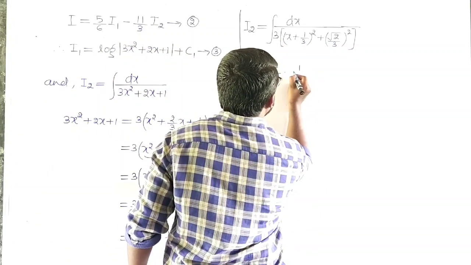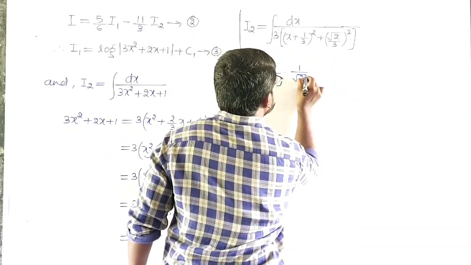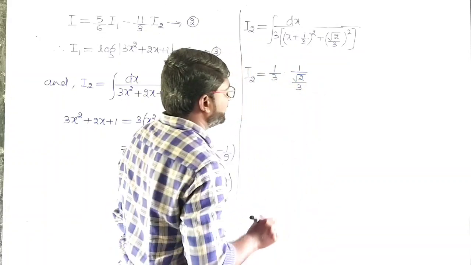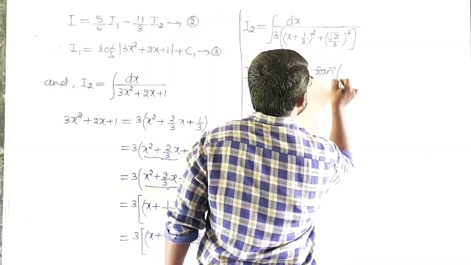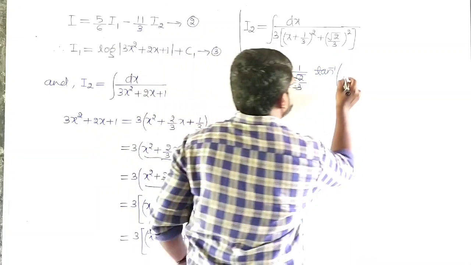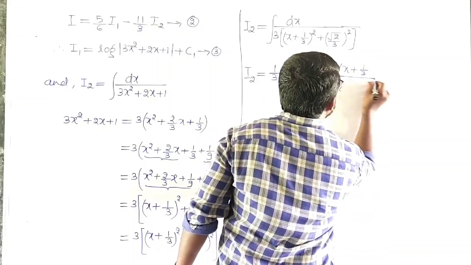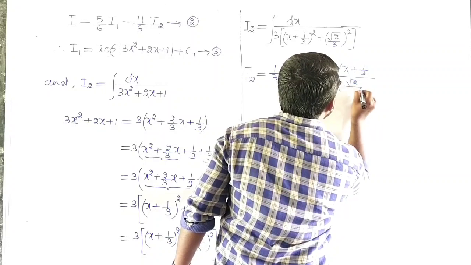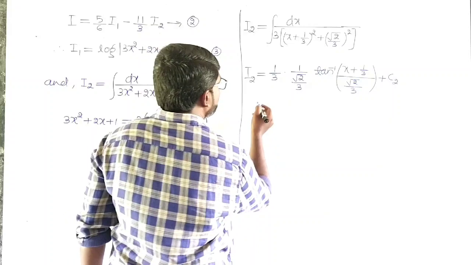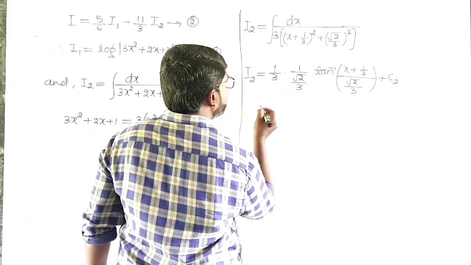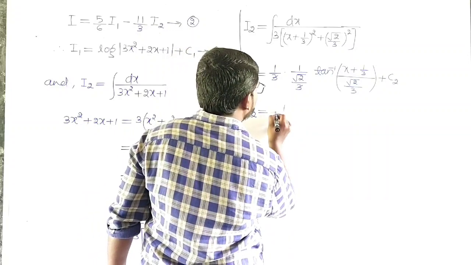1 divided by a value, it is root 2 by 3. Root 2 divided by 3. 1 by a into tan inverse x by a. X is x plus 1 by 3 whole divided by root 2 divided by 3 plus c2. So now here 3 and this 3 get cancelled. I2 which is equals to 1 by root 2